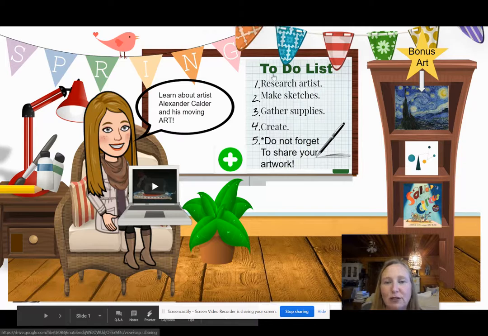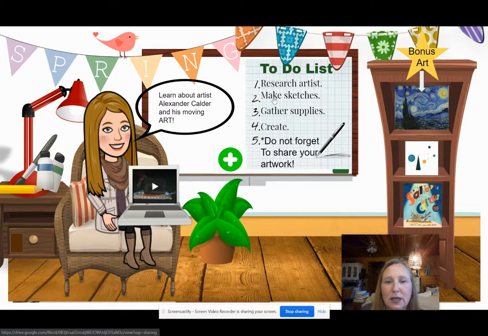So it says right here, to-do list. Research artist, number 1. Number 2, make sketches. Number 3, gather supplies. Number 4, create. And number 5, do not forget to share your artwork. So it looks like number 1 is research the artist. So if I look around the classroom here, I already noticed that right here in this speech bubble coming out of my mouth, it says learn about artist Alexander Calder and his moving art. So I think that if I click on this,